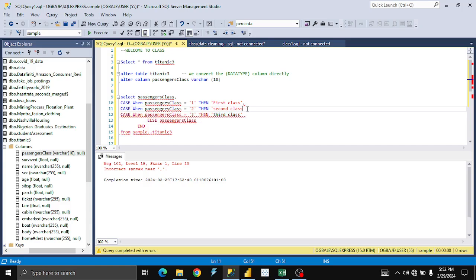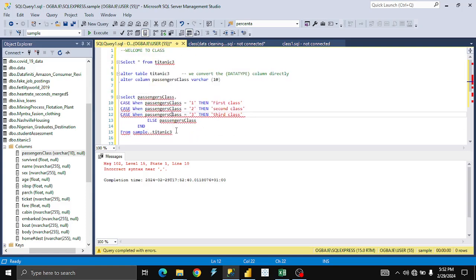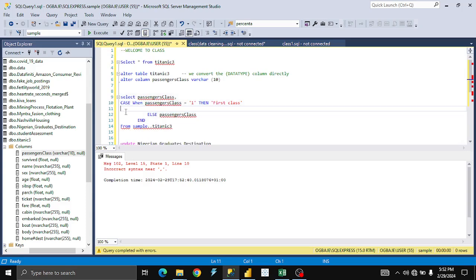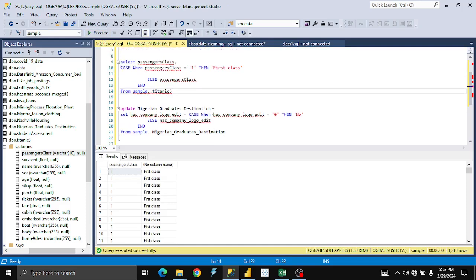Still, this command is giving us. Sorry. Well, where is the error coming from? Where is the error coming from? Let me see. Okay, let me just do it again and see. Second class. It's not time. We'll just do it once. Let's take our time and do it. Let's do it like this. Then after that, we'll now just